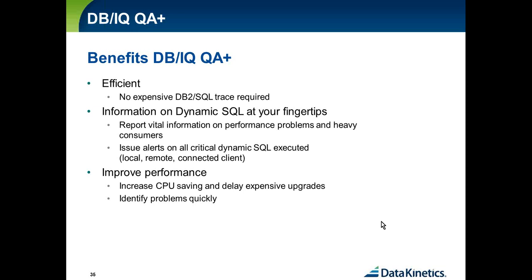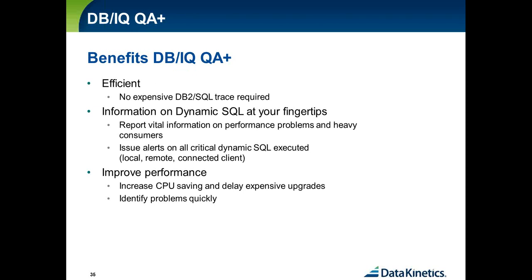Gives you dynamic SQL information at your fingertips. You can report on useful information about performance problems and heavy hitters, and you can issue alerts when critical dynamic SQL is executed. And by capturing the SQL and running it through the QA rules, you can save CPU,